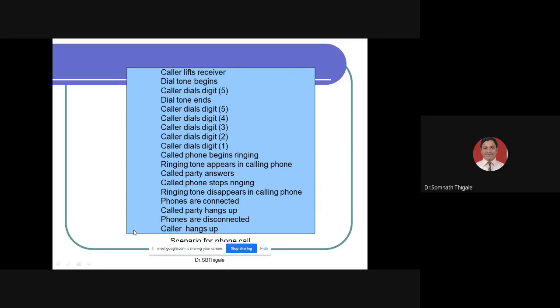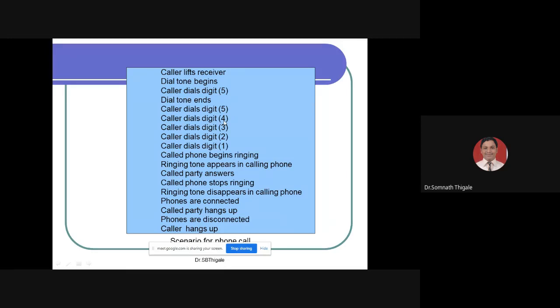The numbers you can give here are 1 to 5. Then called phone begins ringing, ringing tone appears in the calling phone, called party answers, called phone stops ringing, ringing tone disappears in the calling phone, phones are connected, then called party hangs up, phones are disconnected, and caller hangs up.